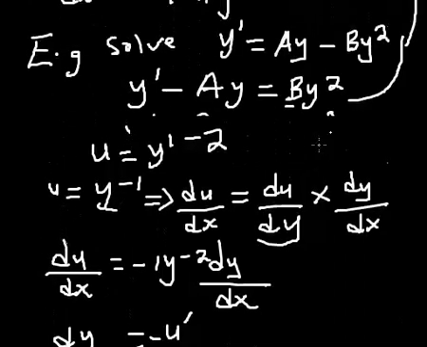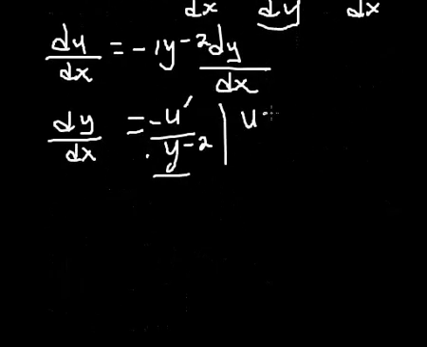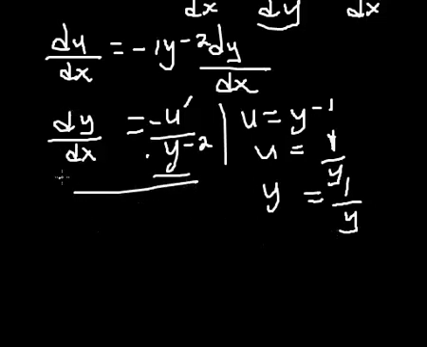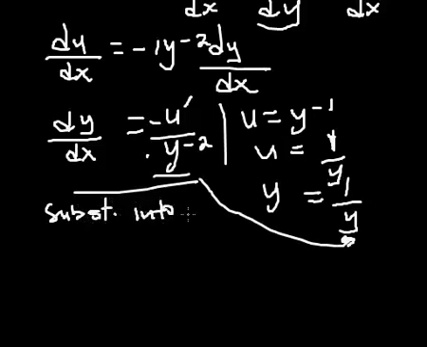I also know my y. How do I get to know my y? Remember, from what we have, u is equal to y raised to the power minus 1, which is the reciprocal, the same thing as saying 1 over y. So if I invert it, y will now be equal to 1 all over u. So I'm going to substitute the two values, the dy dx and the y, into our main equation,